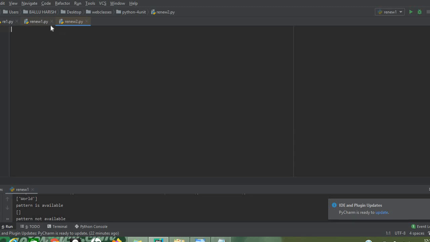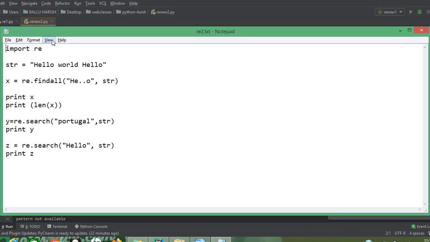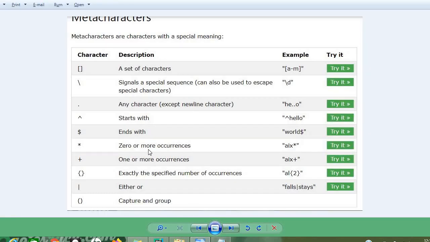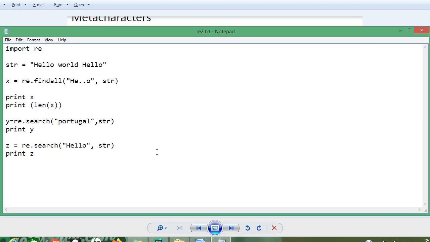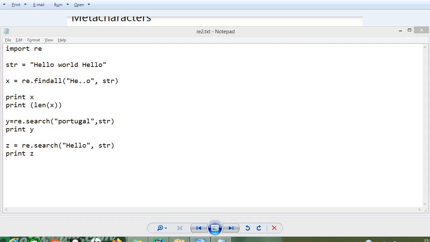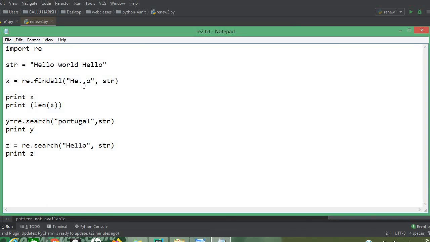Okay, next, same, if you are working with import regular expression, you need to use re. Next, okay, one more example I have taken. Dot dot, what is the specification of dot dot? Okay, just this example, this meta character is missing in the slide. Okay, what does this particular meta character mean?